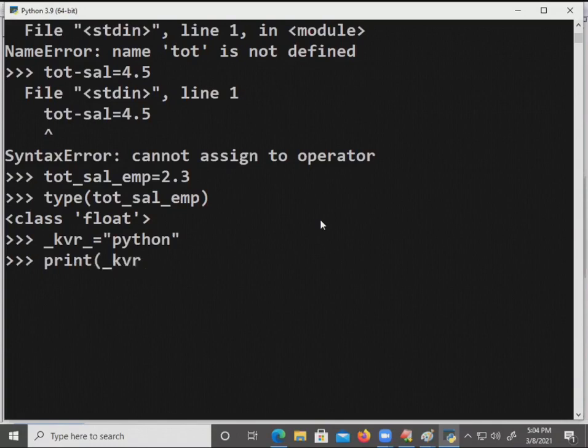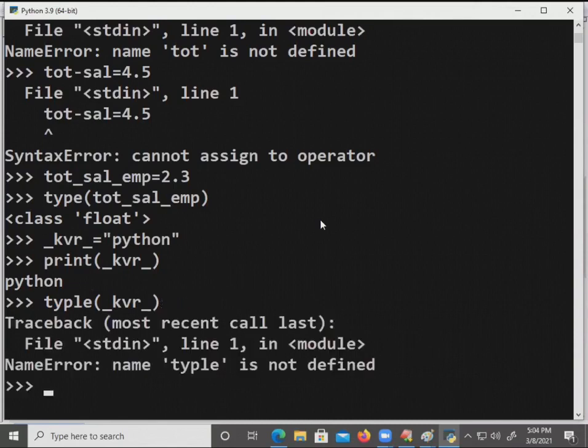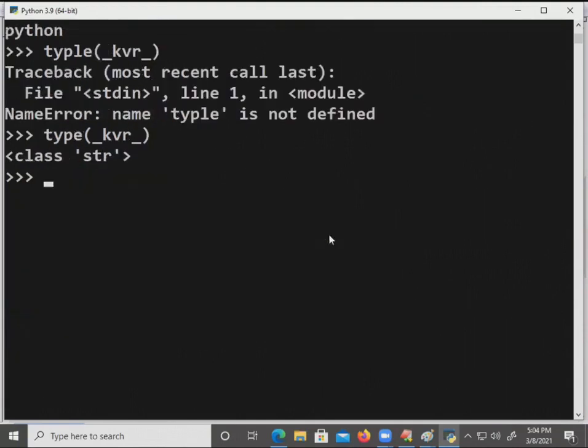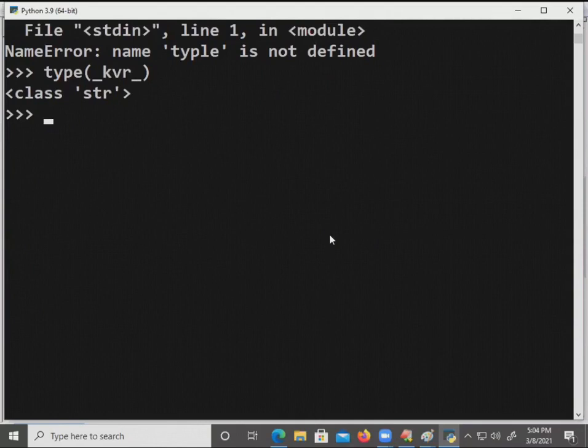Underscore KVR underscore. See, that printed Python. What is the type of that? I will print the type of that entire thing. I will write type. Which type? String, the STR type. So when we will go for a single underscore, when I will go for a double underscore,